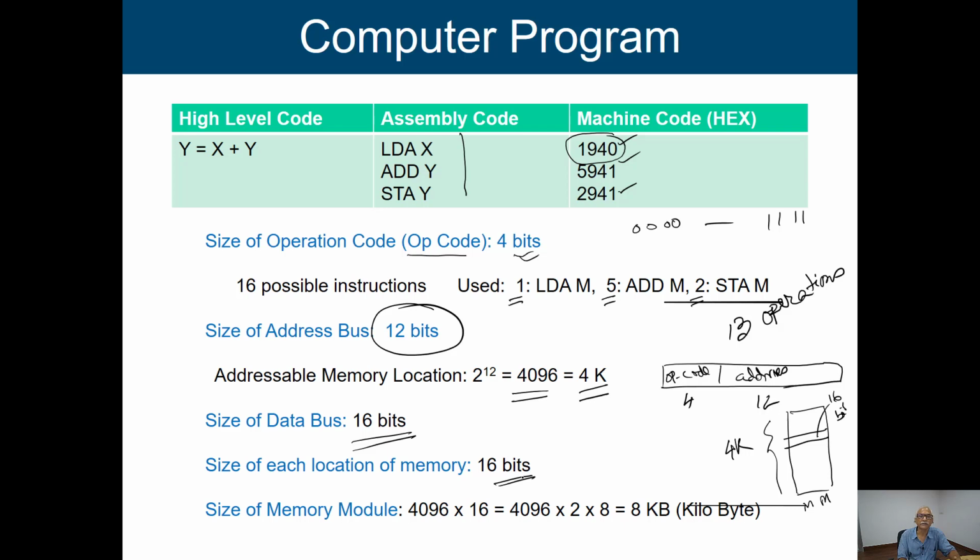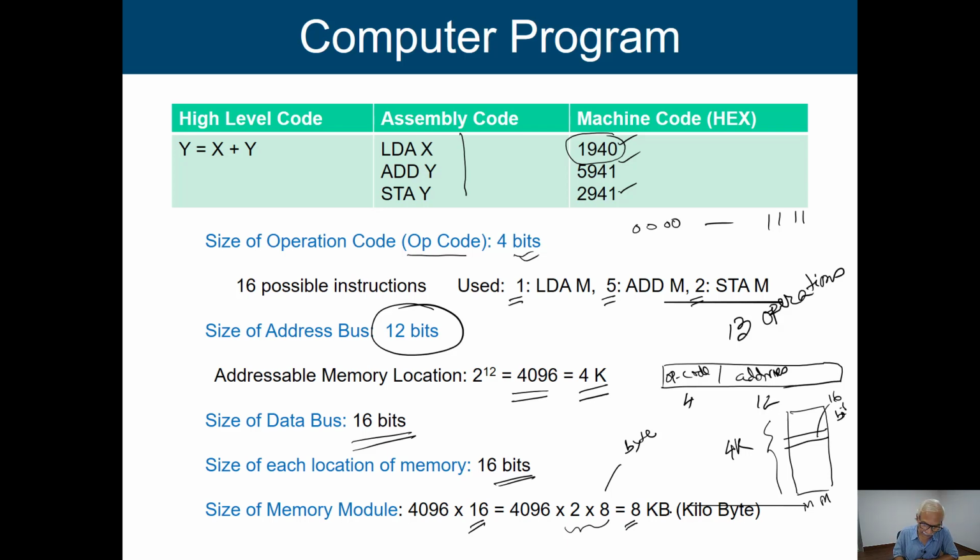We are saying that since the size of the address bus is 12, we can go up to 4K memory locations. Now in every memory location we are going to store 16 bits of information, which is nothing but, I can say, 2 into 8, that means 8 bits represent 1 byte. So this is 4 into 2, so this is 8K, and B is byte. That means the total information that we are going to store is 8 kilobytes.